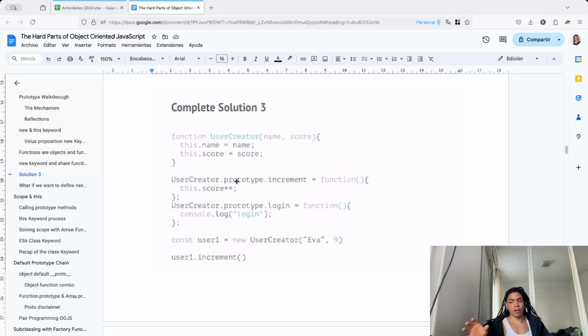Well, all functions in JavaScript are objects, which means they have this special combo of an object portion and they are functions. They are functions because you can call them, and the object portion is the prototype here. So now here in the prototype, which is exclusively for function objects,